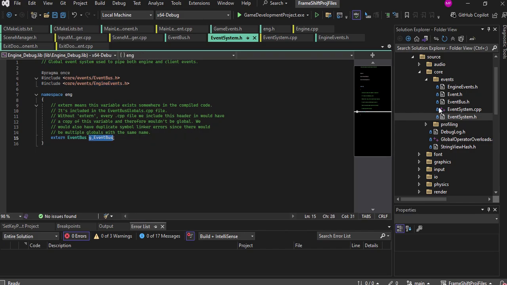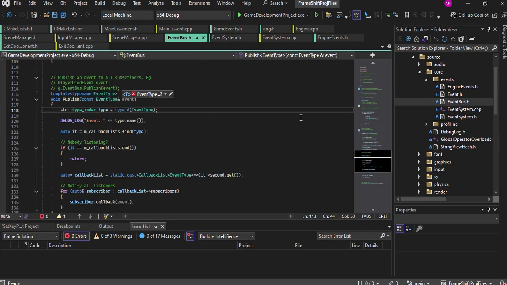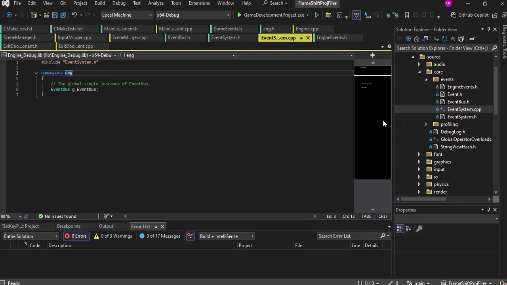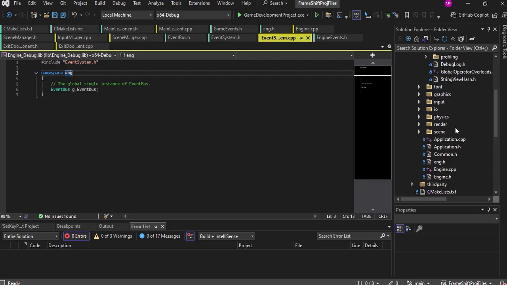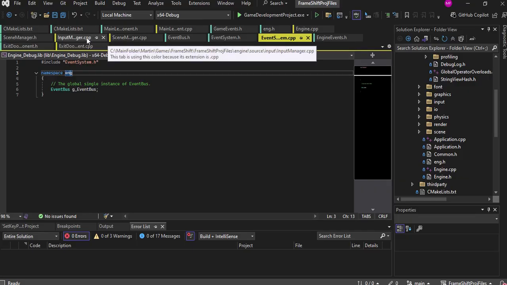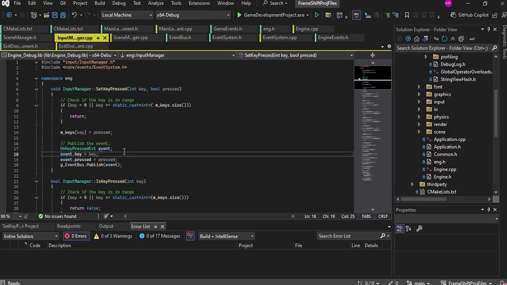And then this just houses the event bus.h as well. So I'll give you an example of where this is being hooked up. If I go to, where was it now? Actually, I could probably find it over here. Input manager.cpp. There we go. So within input manager.cpp, which lives inside of the engine over here,